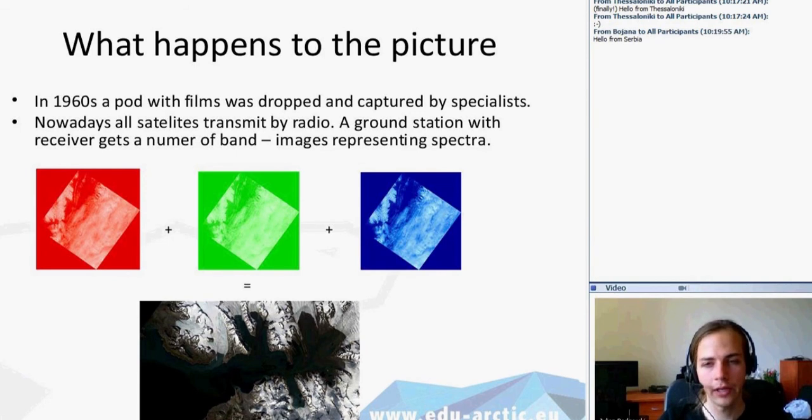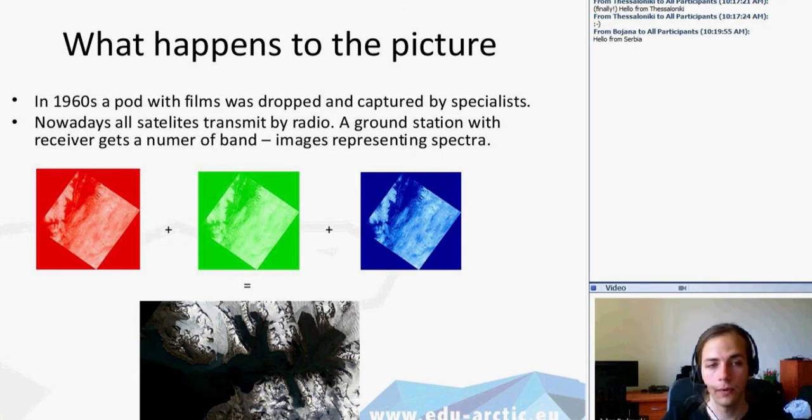And this image that gets to the Earth is actually composed of a number of bands. Each of the bands is an image taken in a single wavelength. For example, red, green, blue, like in your images. If you have ever tried to edit a digital image on your computer, you'd notice that it has channels, bands: red, green, and blue. And the same is the case with the digital images from